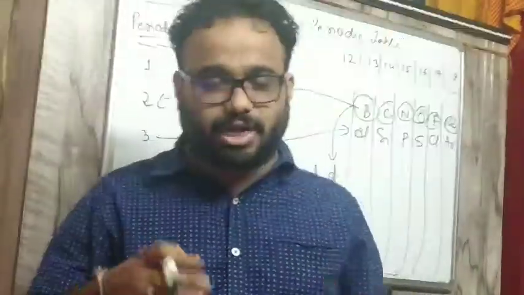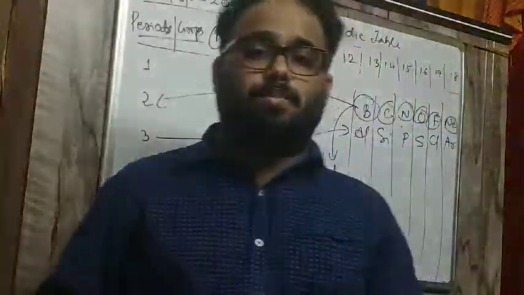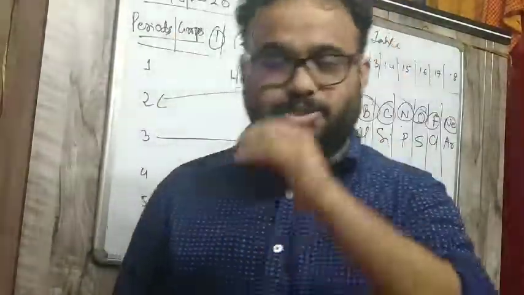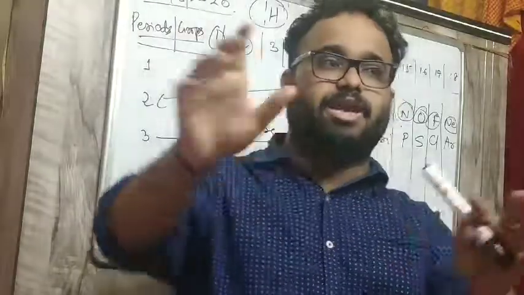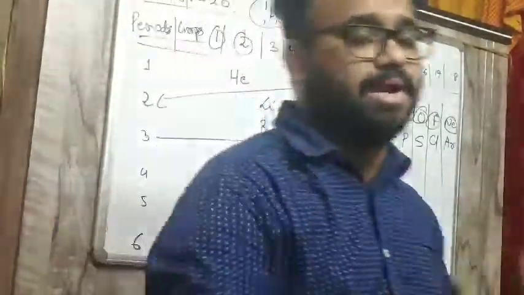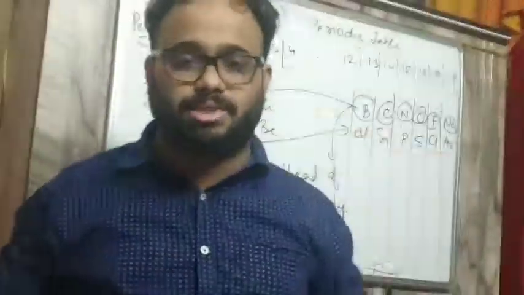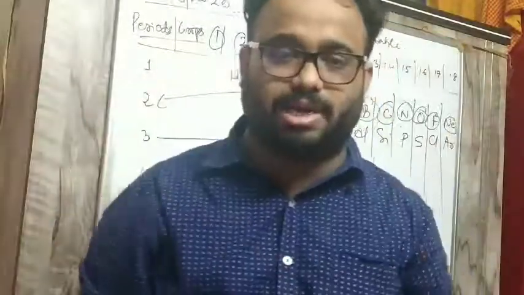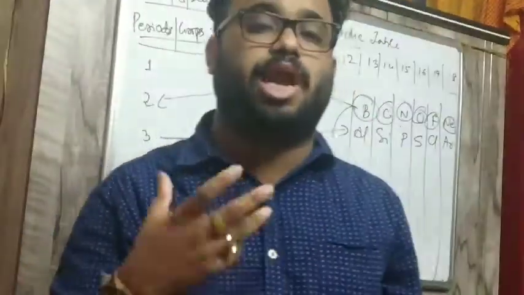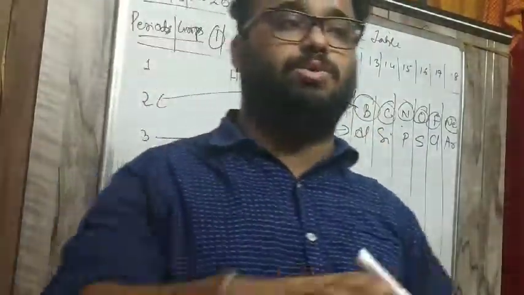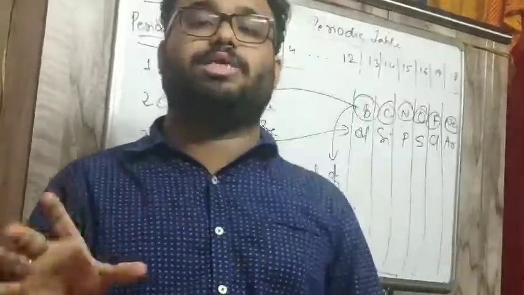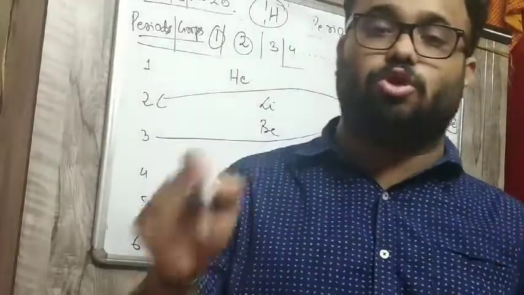The modern periodic table has 7 periods and 18 groups, and it is divided into 4 parts. Left hand side metals, right hand side non-metals, in between you have metals and non-metals, and at last you have all the radioactive elements. So this you will write, which you will try to draw. And the notes I will be giving in Google Classroom. You can follow those notes.